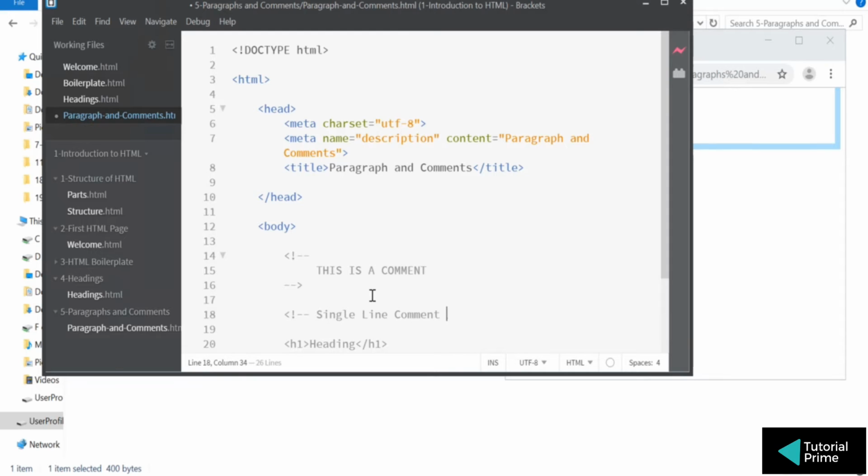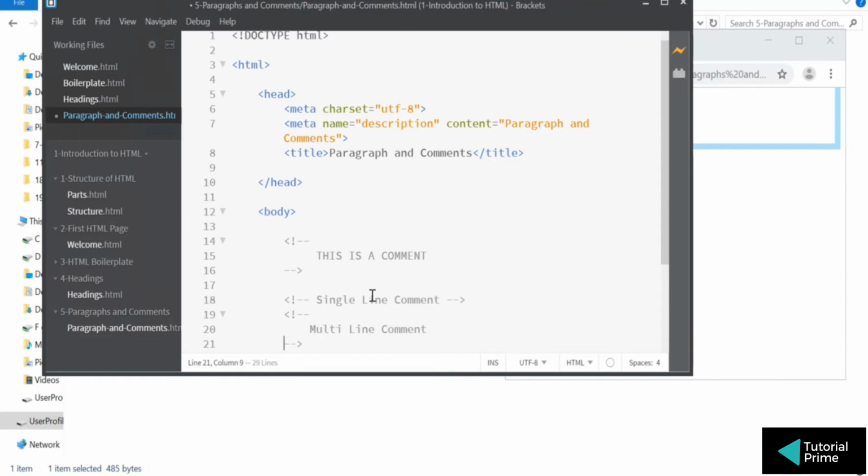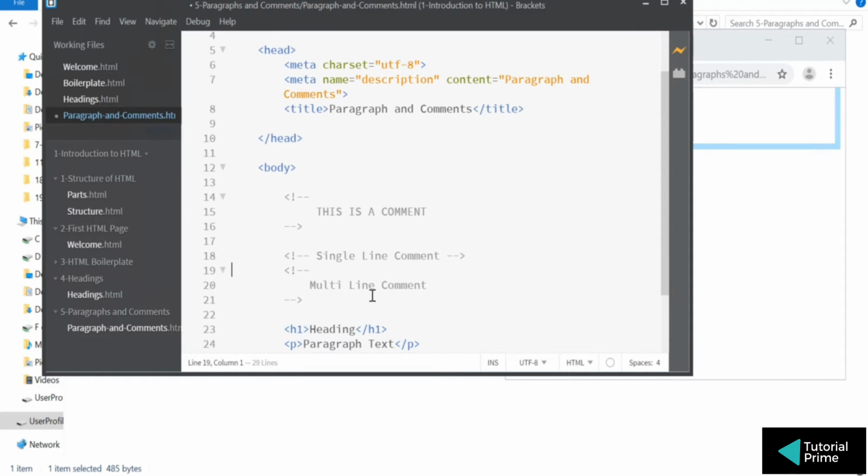This is a single line comment, and to convert this single line to multi-line, all you have to do is press enter. That's all, because there is just one comment in HTML. There are no single line, no multi-line. Everything starts with less than, exclamation mark, dash dash, and dash dash and greater than symbol.